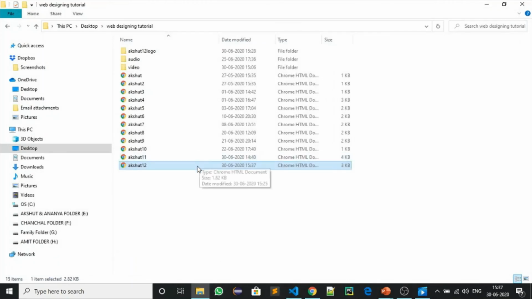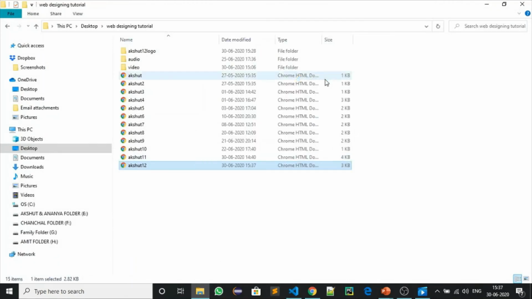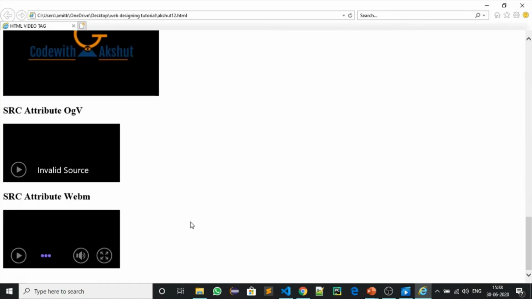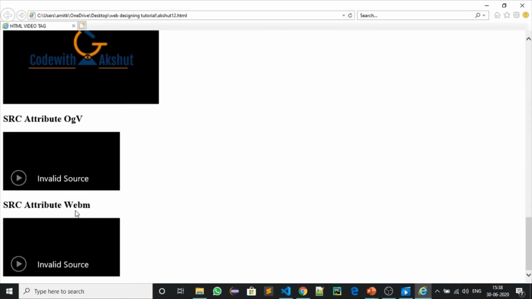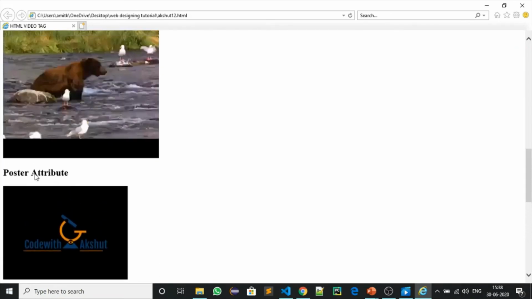I will show you for Internet Explorer whether it supports it or not. Internet Explorer. Now it will open this here. Allow blocked content. Here invalid source. This source does not work in Internet Explorer. But it will work in other ones. So it will show invalid source here.